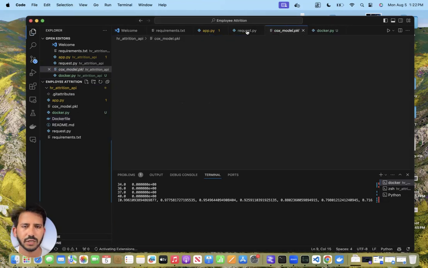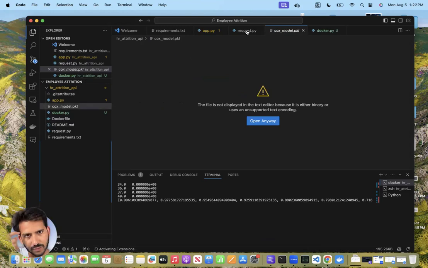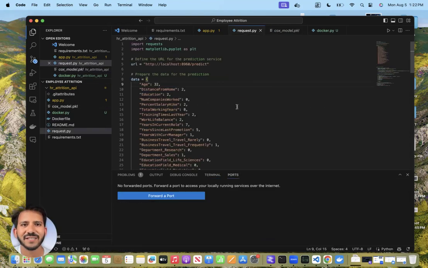Sorry, it got stuck. Yeah, it happens sometimes, because something is running for so long, my RAM is